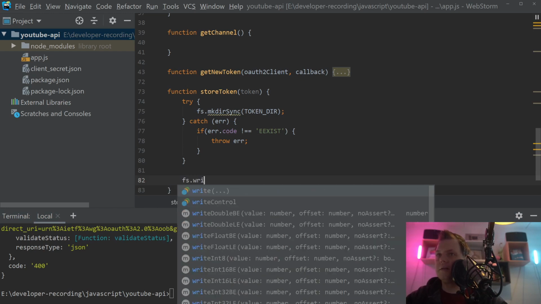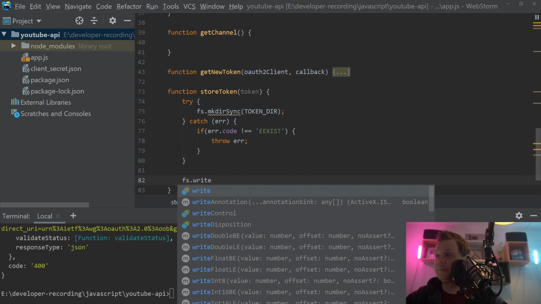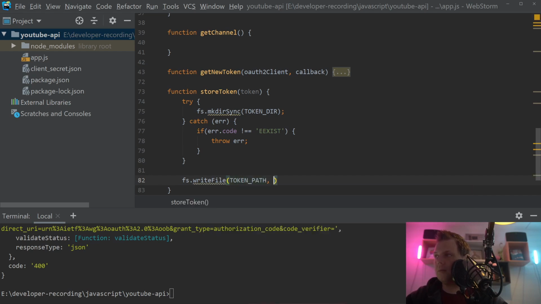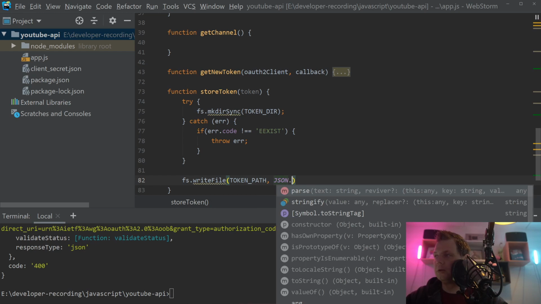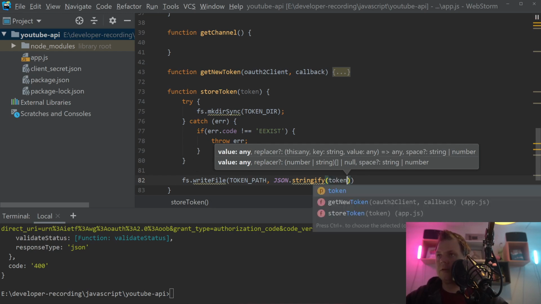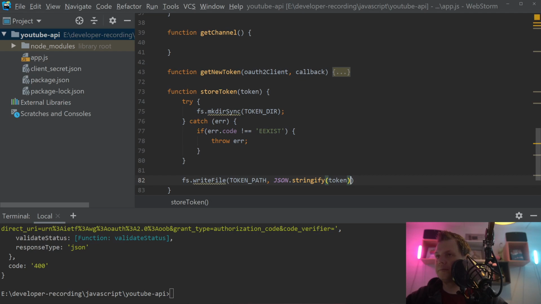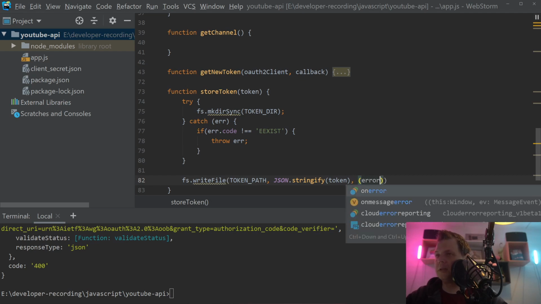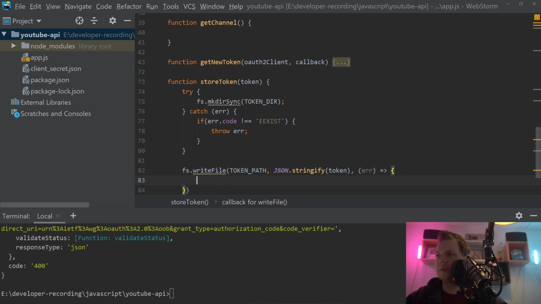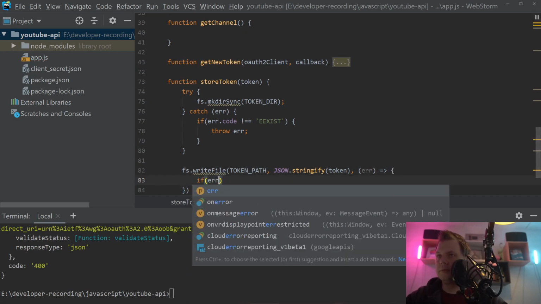fs.writeFile, sorry, and then the token path, and then we need to stringify it. That means we take a JSON object and then we turn it into a single string. That's what we want when we need to store it. And then we need to say, if we got an error, what should happen here? If error